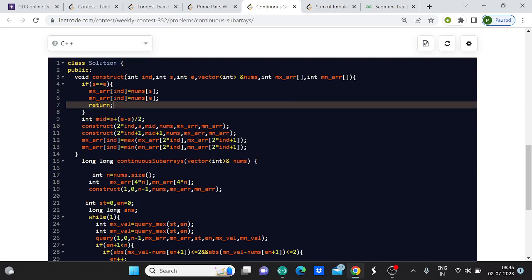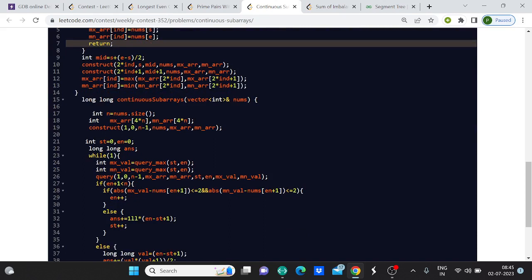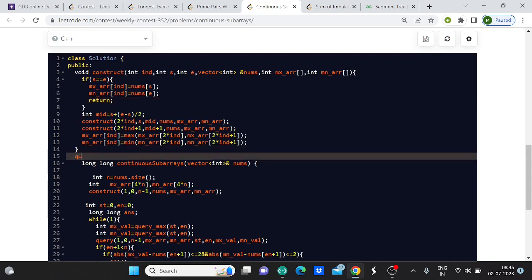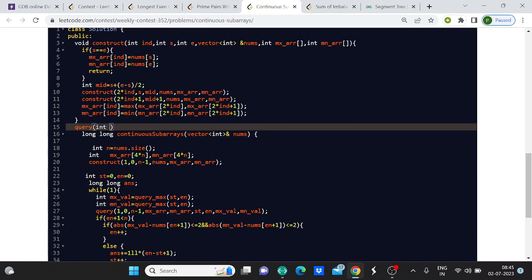Okay, how can we implement the maximum and minimum? Have I called the structure function? I have called it rightly, 0 to n minus 1. Okay, now we have the query. So what is the format of the query? We have int s comma int e,